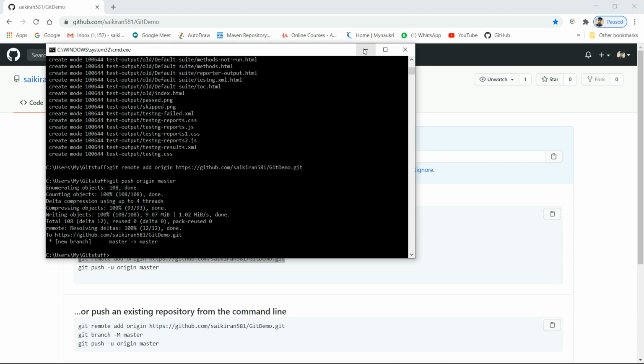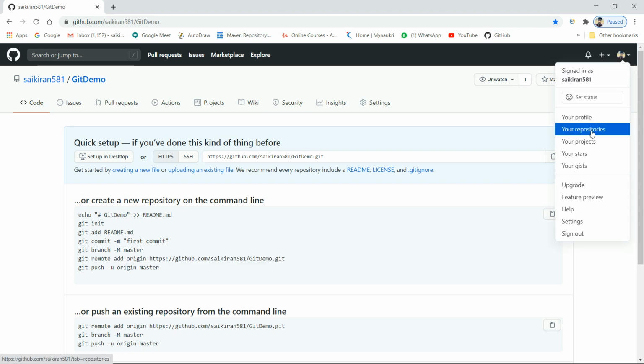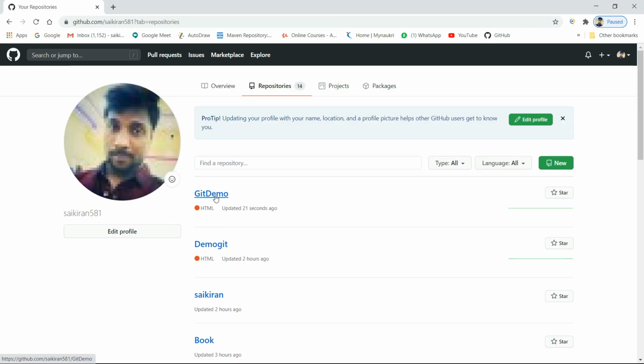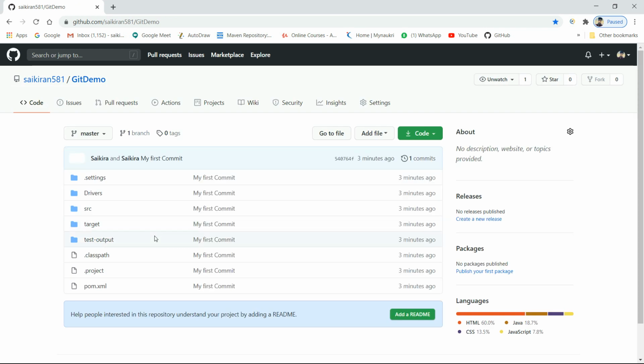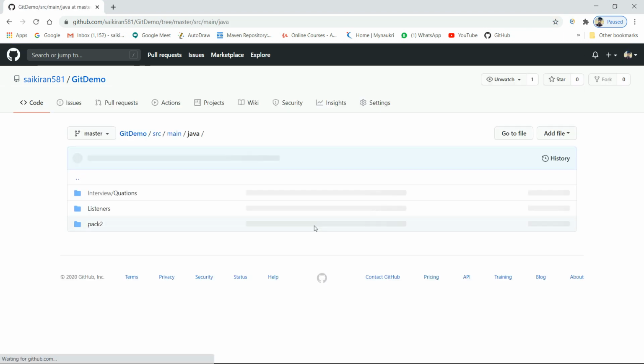Now you can see here, git demo is our project name, and yes, we have got it. You can see here the code present on our local machine came to our repository.